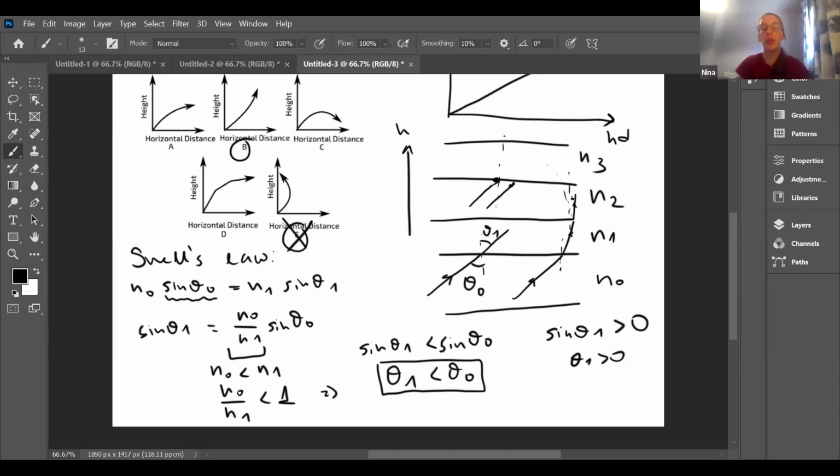So this is just something to remember, or you can just remember that higher refractive index means smaller angle, but it'll help you with timed exams like the PAT. So if you just know that, go for the answer. That's perfectly fine as well. You don't have to do all of this, but this is why it is like that.